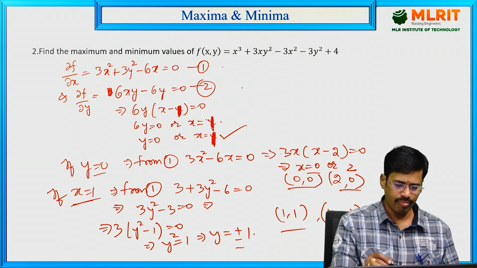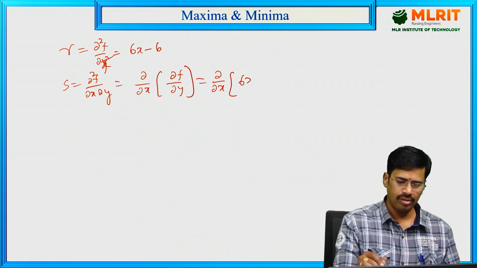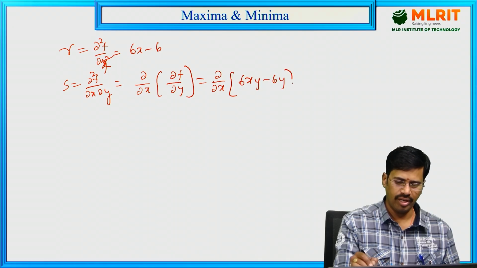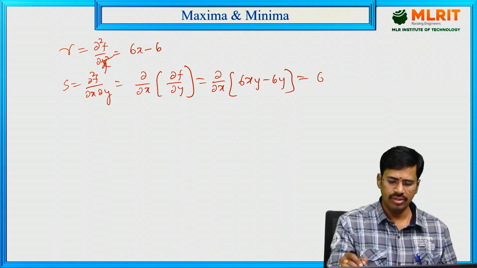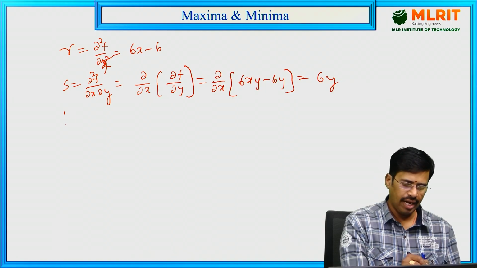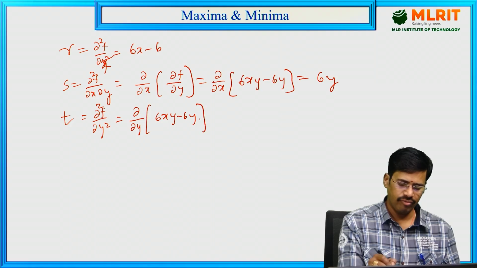What is ∂f/∂y? 6xy minus 6y. So if you differentiate this with respect to x, we get 6y. And coming to t equal to ∂²f/∂y², that is ∂/∂y of 6xy minus 6y. We get